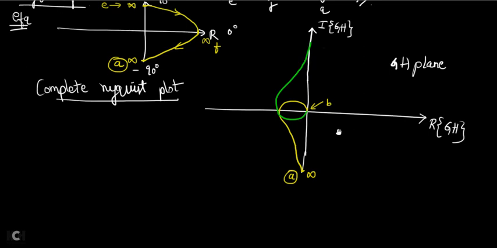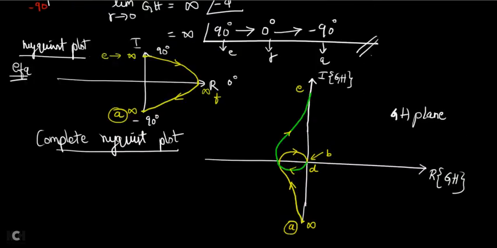And how is my direction? A to B. And here from B, again it goes like this. The direction is like this. And this is D point. This is your E point. And from E to A, how to write E to A? E to F to A. It is like a big infinite circle.